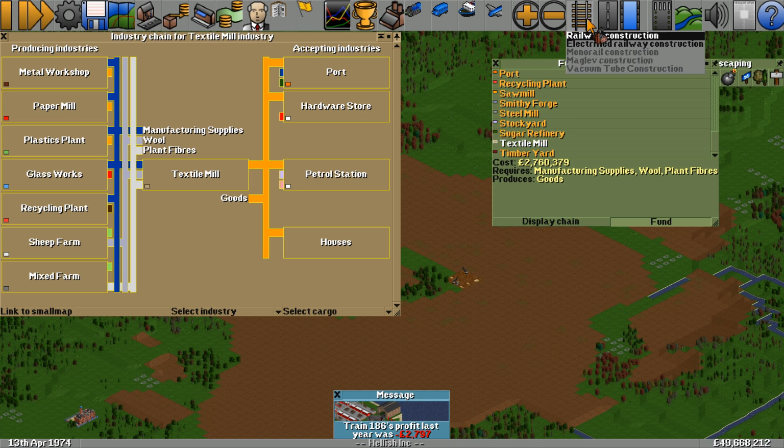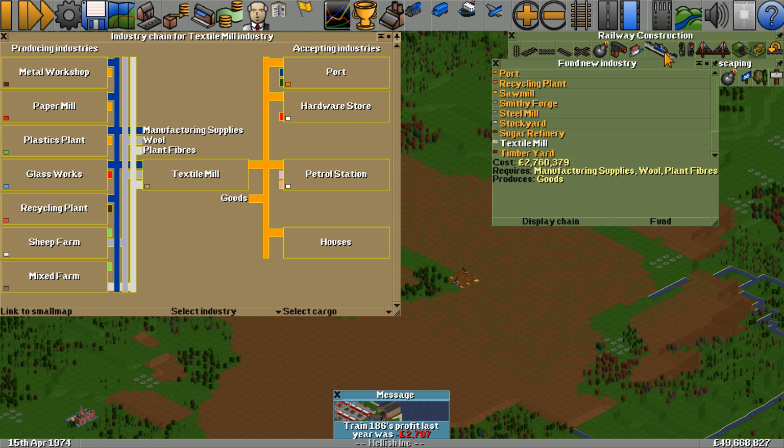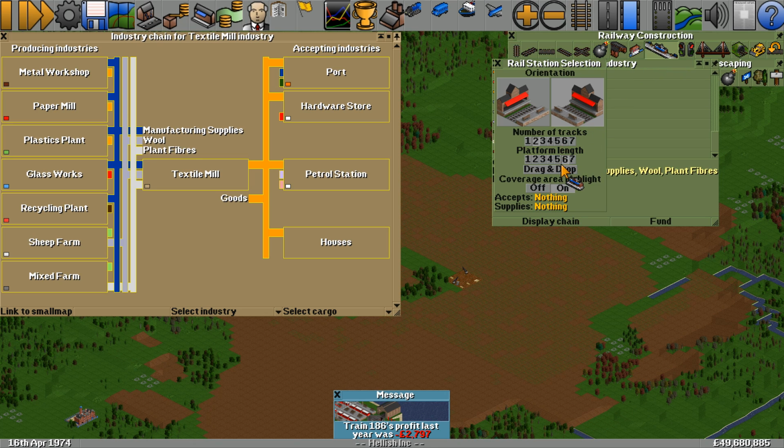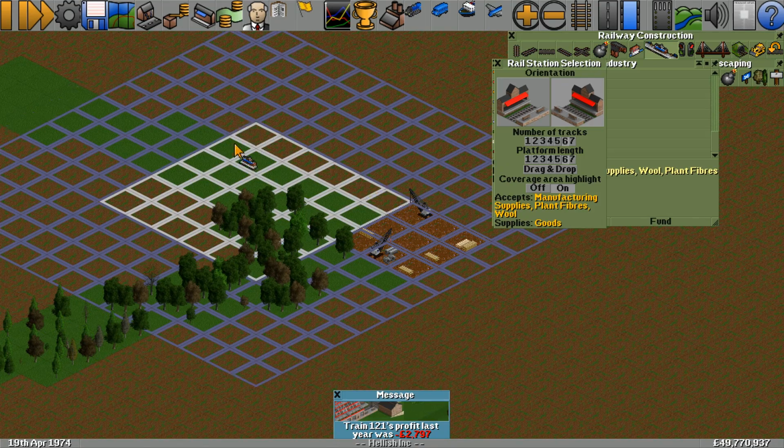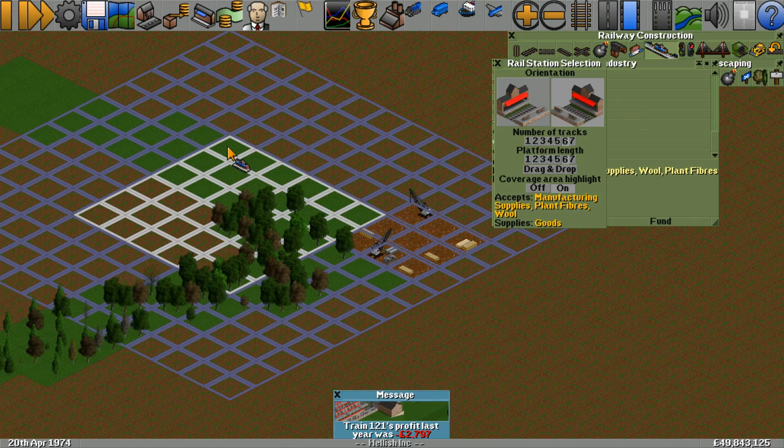Okay, so what we'll do is, I'm not going to use an electrified railway yet because we're still on diesel trains. We'll do 6 tracks by platform length 6. We're going full hog. This is a brand new operation. We're going to go... Yes. 6 plus 6. 6, 12...